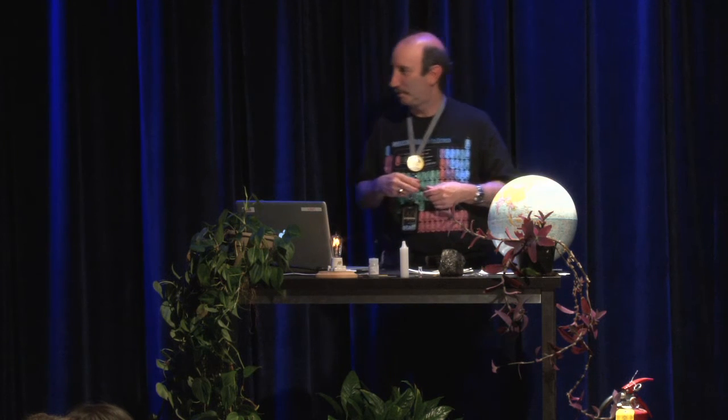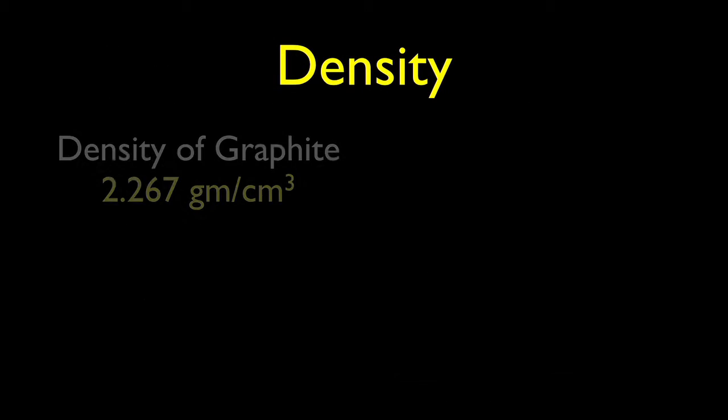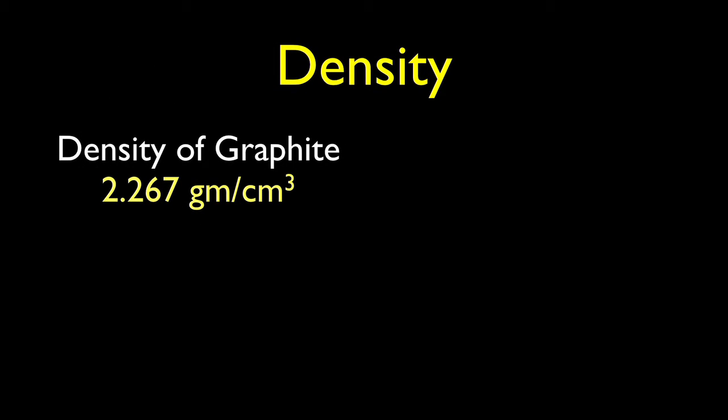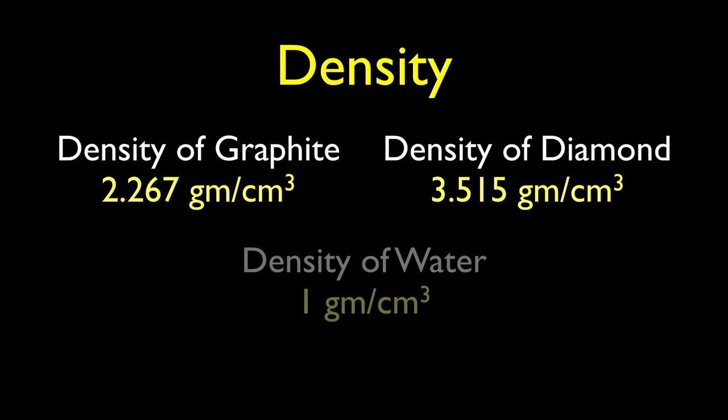Carbon has an atom that's a little bit bigger than hydrogen. Just wanted to give you some scale for how big carbon is. It's about twice the size of a hydrogen atom. And if you feel the density of carbon, it's about twice the density of water, about 2 grams per cubic centimeter. But if I had a big chunk of diamond here, which I don't, that would have about 1.5 times the density of graphite, or coal, so about 3.5 grams per cubic centimeter. Remember that water is 1 gram per cubic centimeter.